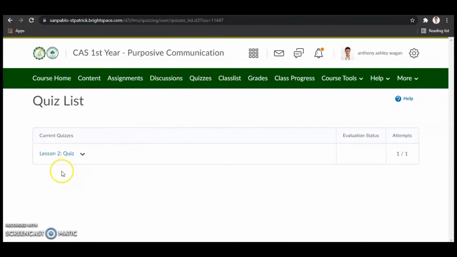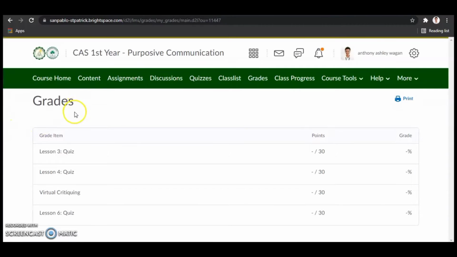In quiz, you are all gonna see all of your quiz here. So the first, I already took the first quiz, so it won't appear here now. All I can see is the second quiz and the evaluation status.